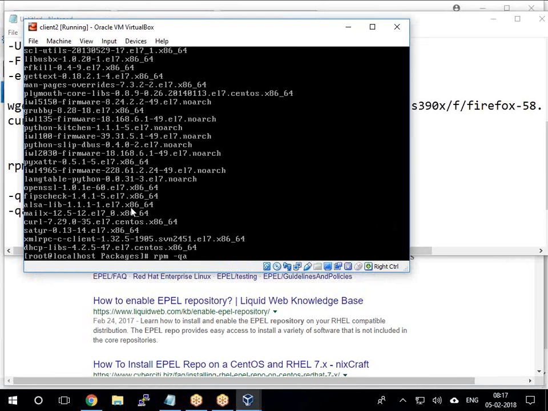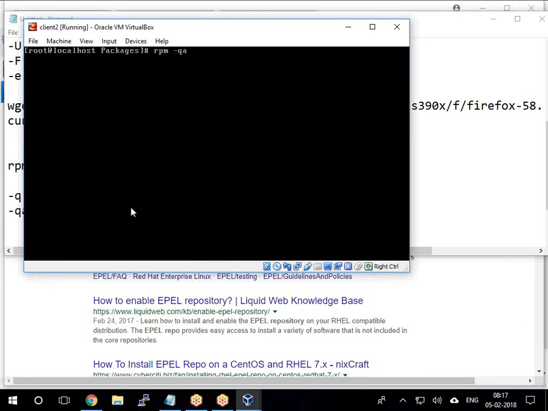-qa. See, here we can specify a package name also. So if you want to see a specific package's information, same thing: rpm -q package name or rpm -qa package name. ls won't work. No, ls won't work. Here we are only searching for the RPM packages, right? Next,